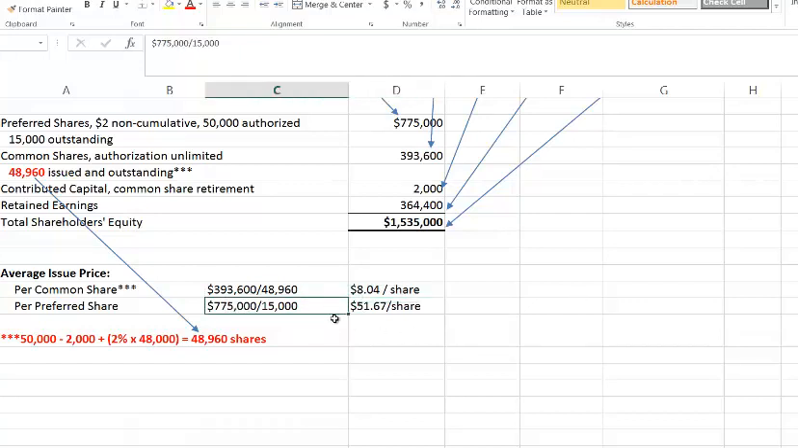And then my preferred shares, 775,000, which is my preferred share equity, divided by the number of shares outstanding, which is 15,000, is going to give me